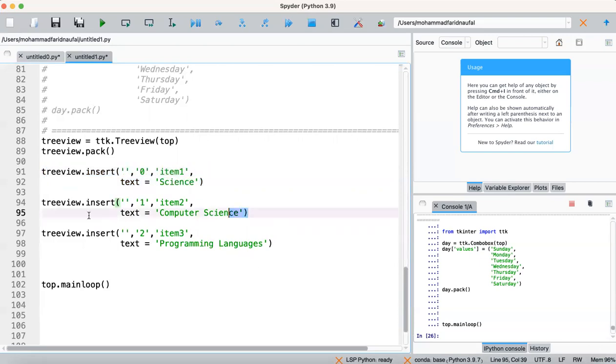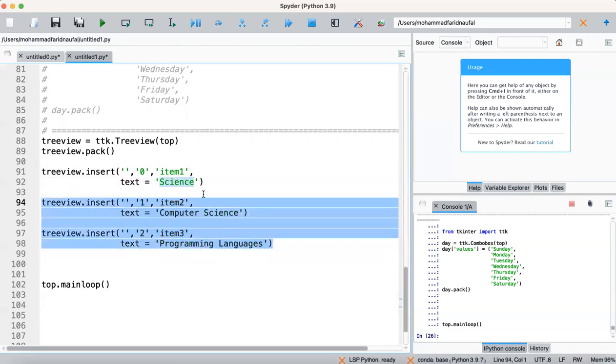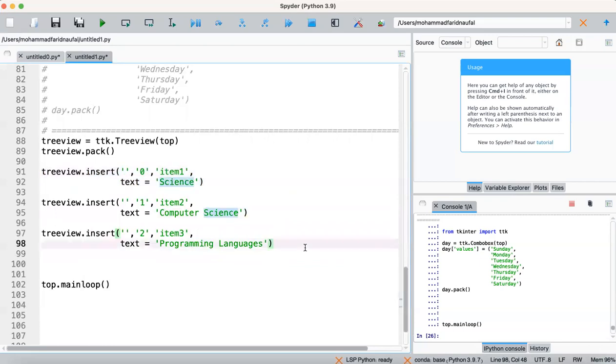And we put item 2 inside item 1 because computer science is the sub of science, and also programming languages is the sub of science. So to put these two items inside item 1, we can just call treeview.move.